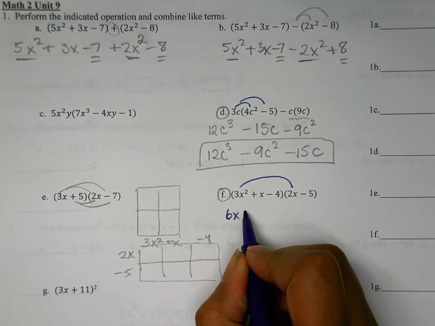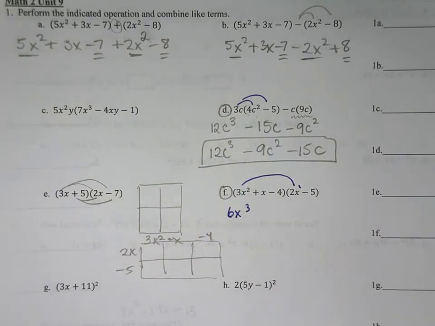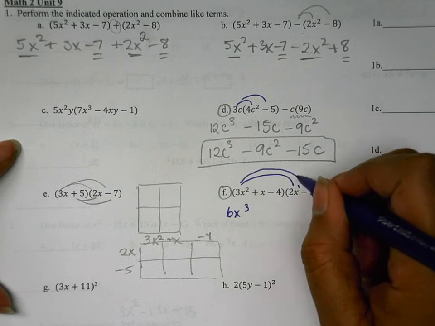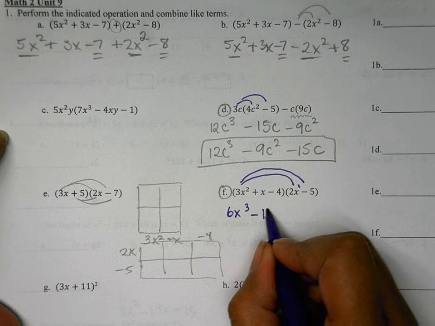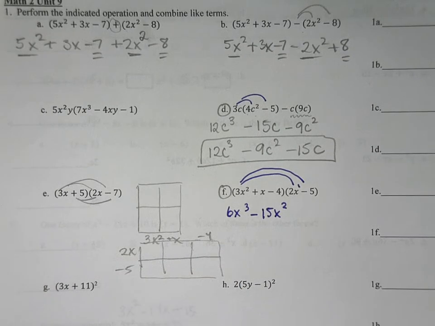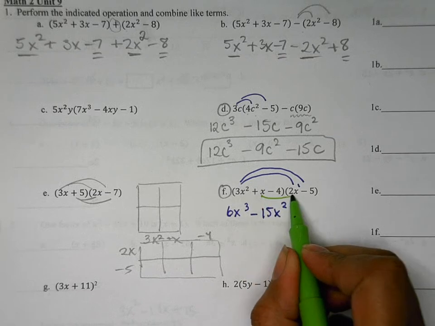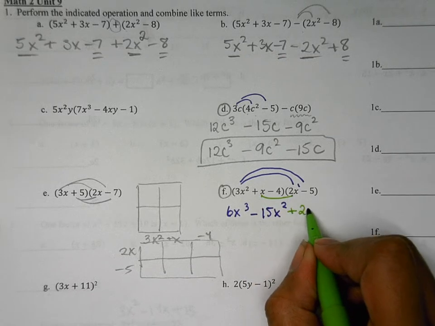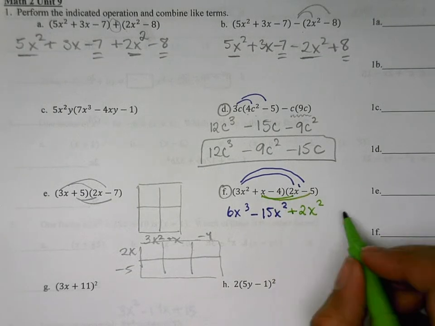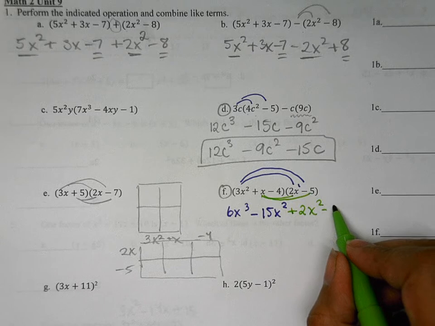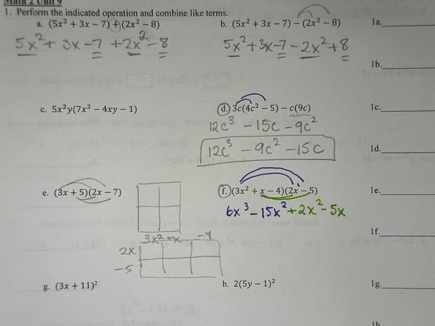I'm going to do it triple distribution. What's 3x squared times 2x? Anyone? 6x to the third. Yeah, because there's a 2 there and a 1 here. Okay, 3x squared times negative 5 is negative 15x squared. All right, what's the next thing to distribute? x times 2x is plus 2x squared. Good. Positive x times negative 5 is minus